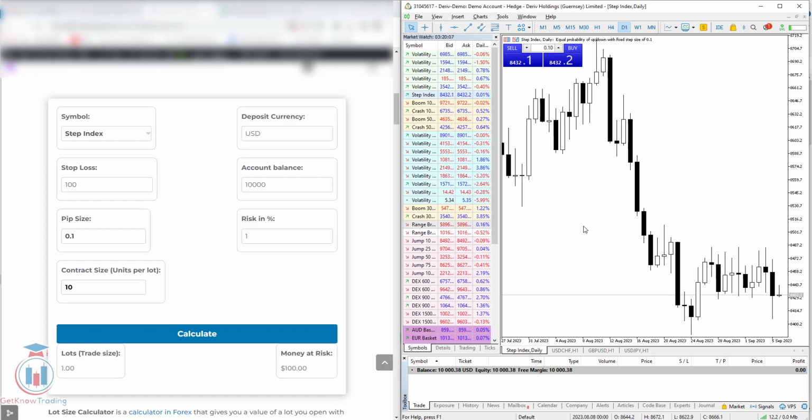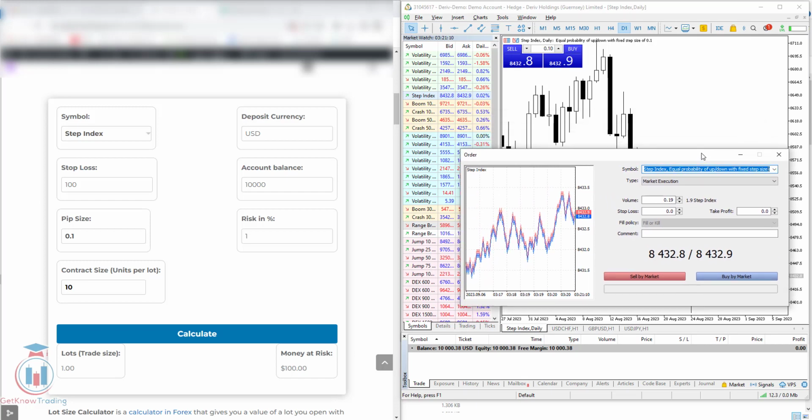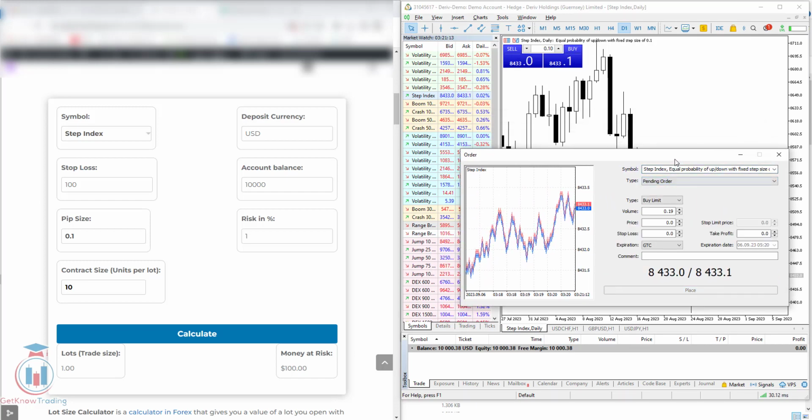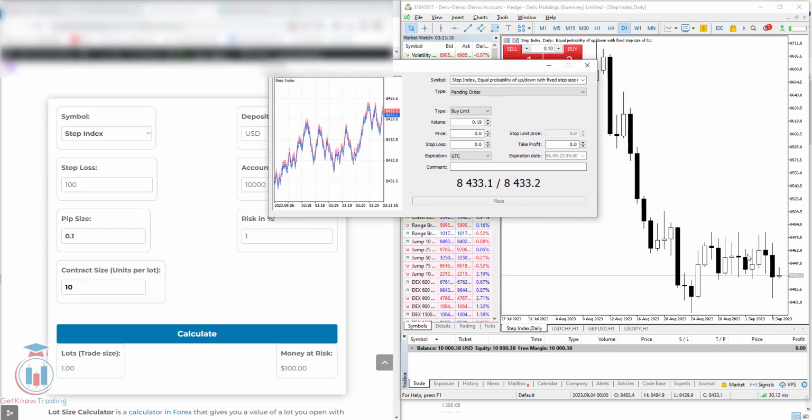So let's go to the trading platform and open one trade, one trade that will open in the future, and that means let's open a pending order. Zoom out to this one, and then I will open a pending order. That means I will open an order that will open in the future. For example, let's open a buy limit order. We can do that, and the buy limit is the price. When it drops down, it will open where you expect that the price will go up and the stop loss